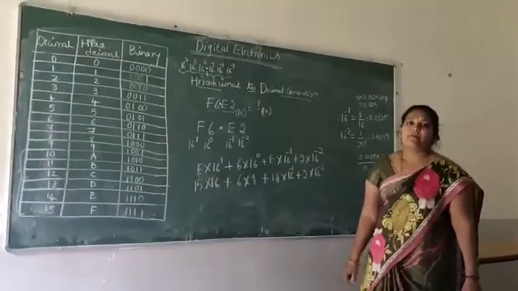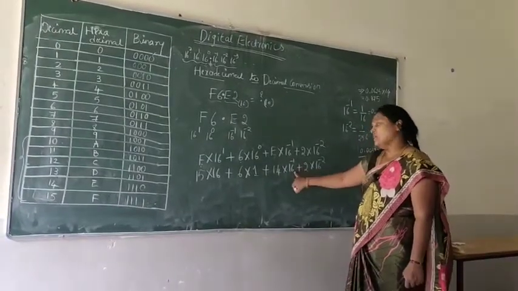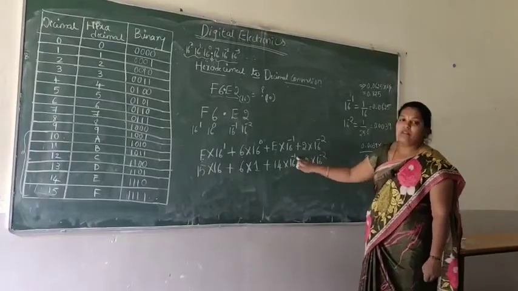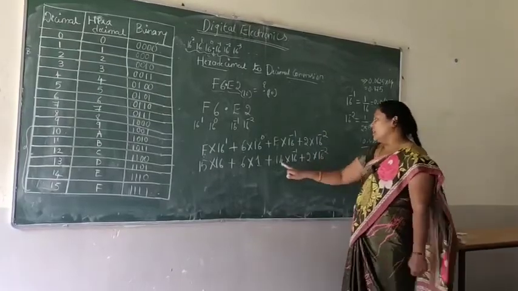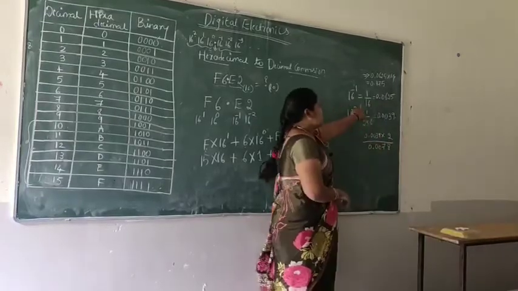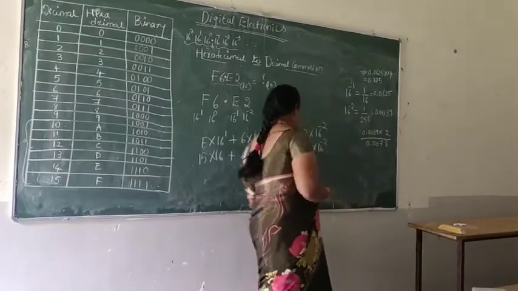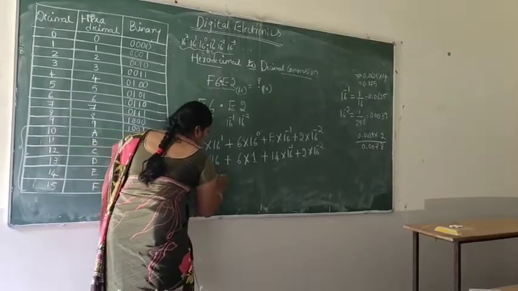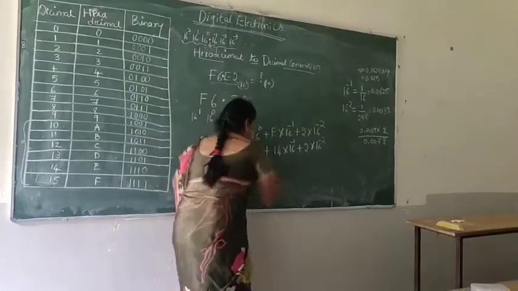Before this, let us calculate 16 to the power of minus 1 and 16 to the power of minus 2. Anything to the power of minus 1, or negative, goes to the denominator and becomes positive. So 16 to the power of minus 1 is 1 divided by 16, which is 0.0625. Now 15 into 16 gives 240, plus 6 into 1 is 6, plus 14 into